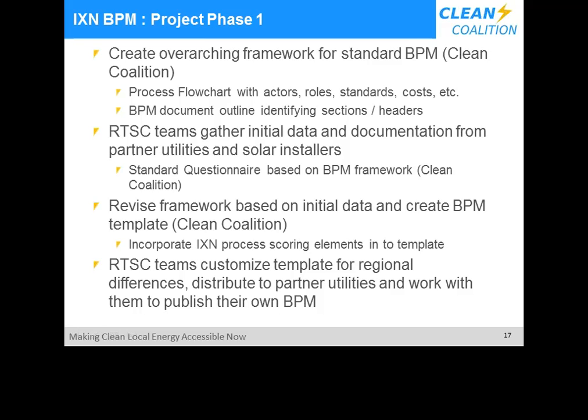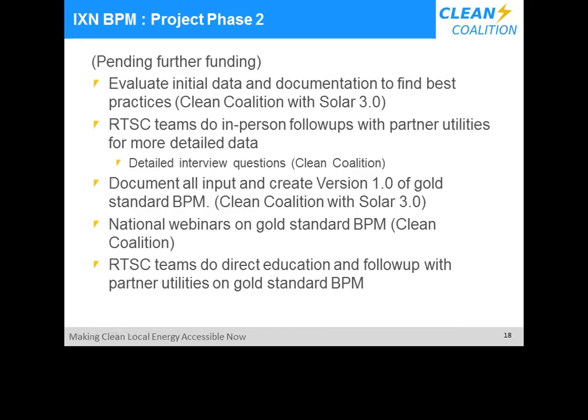to take this to the next level, which is to go from what we are doing today, making sure that all the utilities are publishing some kind of manual, to actually finding the best practices and coming up with a gold standard. So the idea would be to look at what everyone else has published, gather the manuals from around the country, working with all the other Rooftop Solar Challenge teams, and then work on finding best practices, interviewing these utilities more about what they can do, what they plan to do to make the process even better, document all that input, and create what we're calling version one of the actual gold standard,